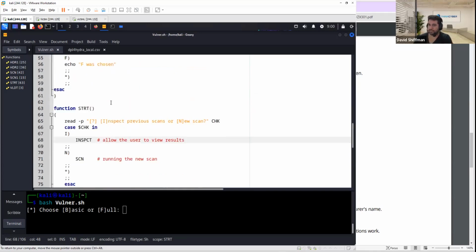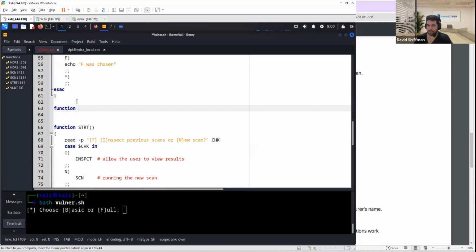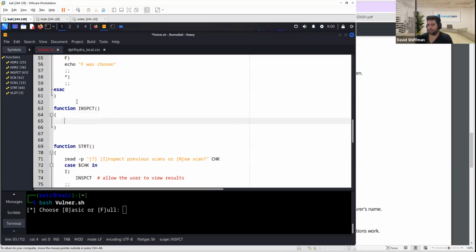So let me just create this one, inspect. We don't have it yet. Let me just do function inspect. Inspect, and then I'm going to just allow the user to choose. So what I want really to do is, if the user wants to inspect, what I want to be able to do is, I'll say,